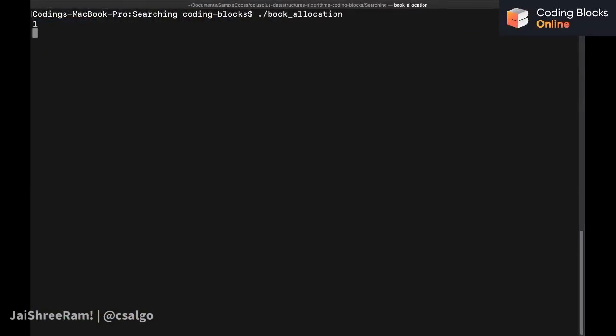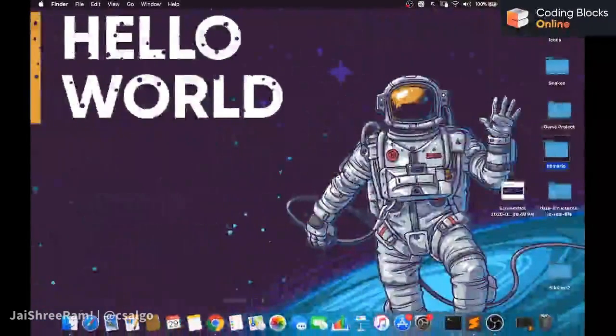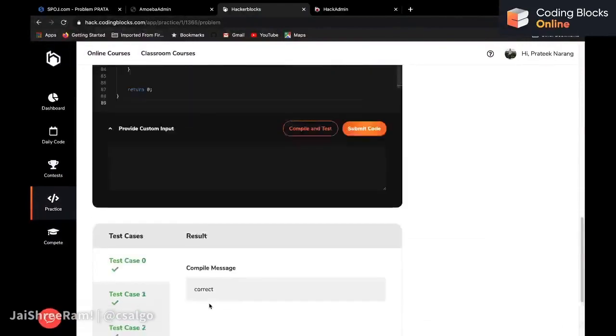One test case, I have n and m, so I have 4 books, 2 students, 10, 20, 30, 40. So yes, I'm getting 60 as the answer, which means it should be correct, and it has also passed all